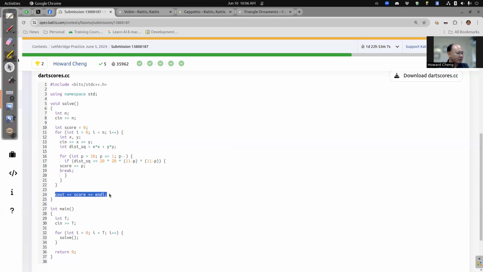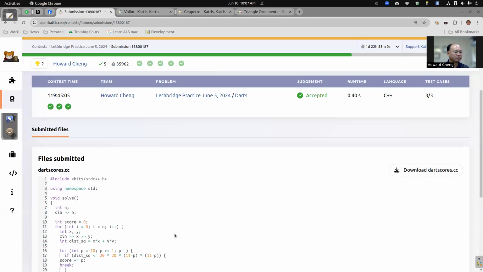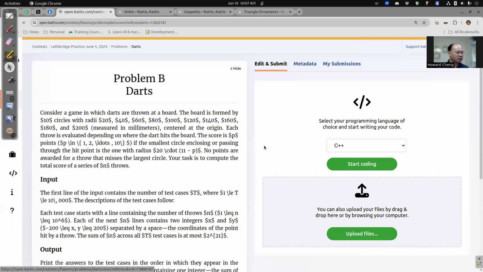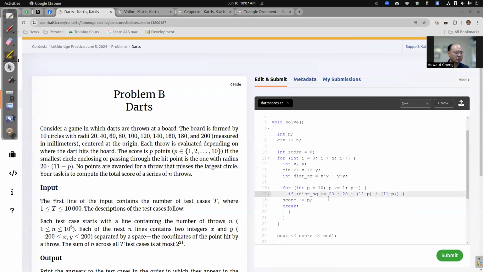Now for this problem, maybe you can get away with not doing distance square comparisons. I'm not absolutely sure. Actually, can I edit and resubmit? Let's try that. If I actually use square root,